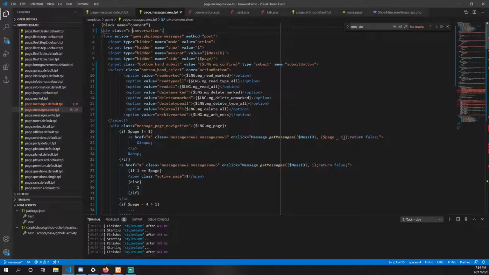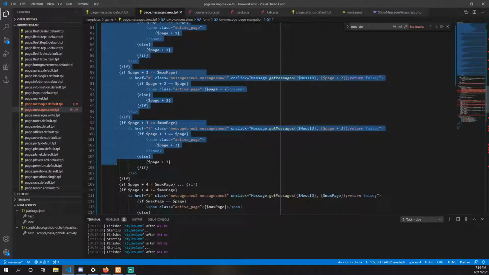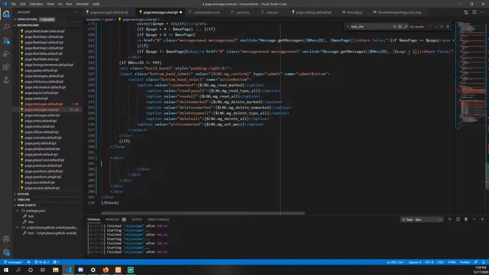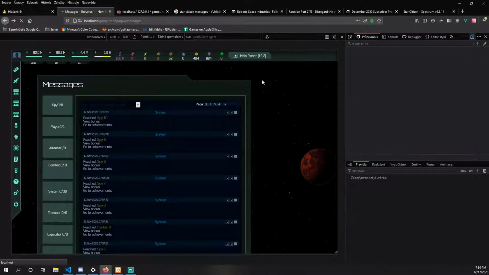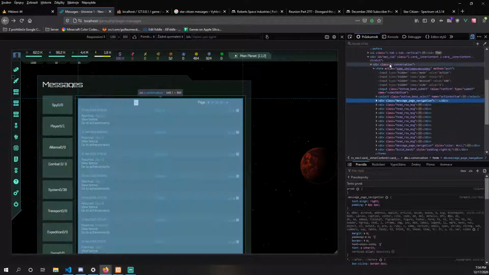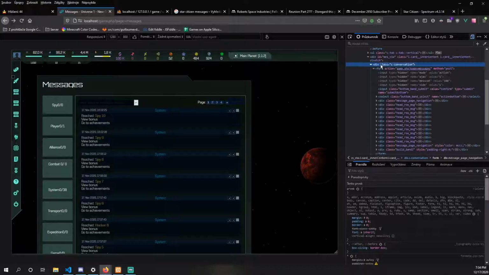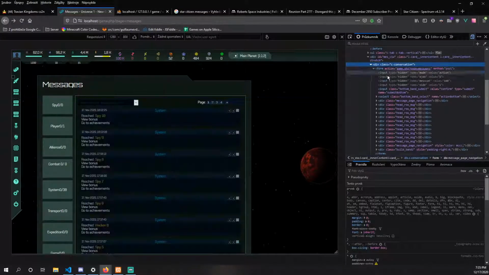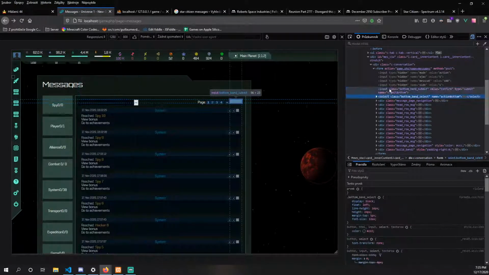Okay. Then, since we are in the div, we need to move the form like this. Oh, we did too much. So, okay, cool. We have done C conversation. Then what we need to do, this is the select, this is like the send button. Send button, those inputs are hidden, so